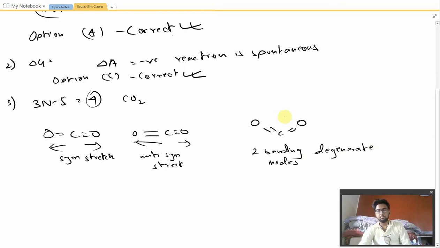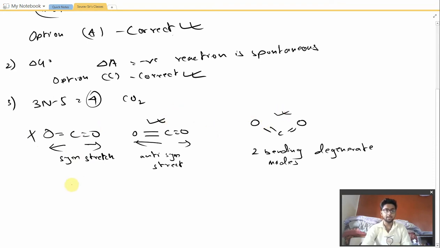So among these, the symmetric stretch cannot be detected by IR spectroscopy because there is no change in the dipole moment of the system. Obviously, because if the stretch is symmetric, the vibration wouldn't create any dipole moment in the system, and therefore we cannot detect it by IR. So the anti-symmetric stretch can be detected, and the two bending modes can also be detected by IR